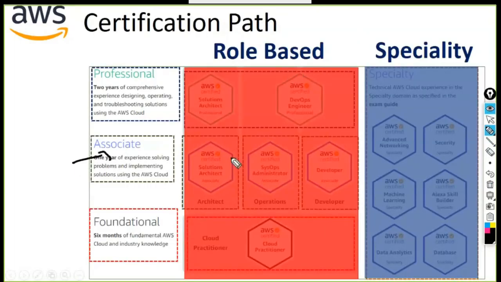Now, one more thing that you might have as a question here is, can I go directly to associate? Can I go directly to the developer certification without having the solutions architect and sysops administrator? Yes, of course you can do. There is no prerequisite for it. As the order that I've given 1, 2, and 3, if you want to directly go for sysops administrator, yes, of course you can do it. There is no prerequisite for that. You can go in any order, but the suggestion provided by the community is these. You can skip the foundation, you can skip the cloud practitioner, but keep moving forward with associate, professional, and specialty.